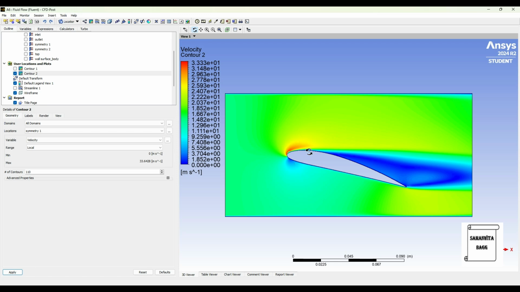So this is indicating that the aerofoil has velocity high over here. And also it is trying to move upwards. So the lift force was also quite high as you saw. The drag was also there. The reason is this angle of attack over here is a critical angle of attack. If you go more than 15 degree, your aerofoil will go into stalling mode. So it is never advisable to increase the angle of attack more than 15 degree if you want a good lift force. And whatever lift you observe at this angle of attack is the maximum angle of attack, and that is the best lift for this aerofoil.